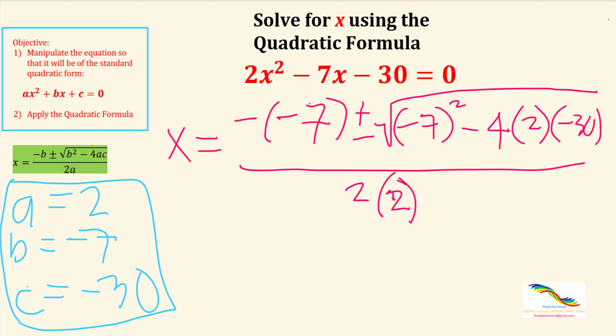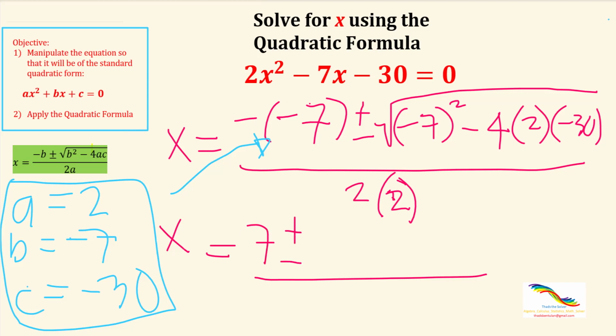So let's simplify this one. X equals... So that would be negative of a negative, so that's a positive. So that's 7